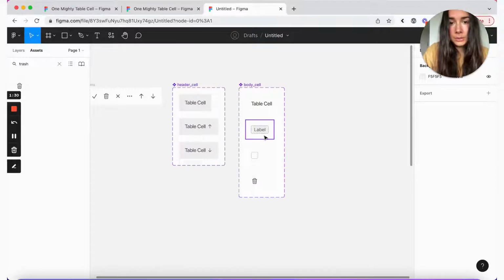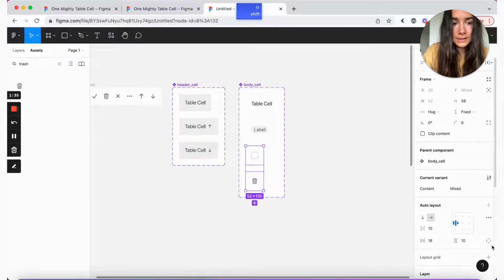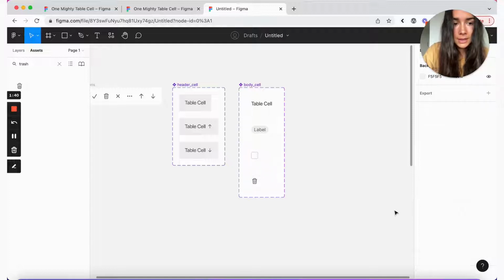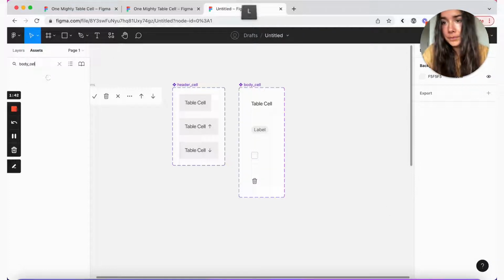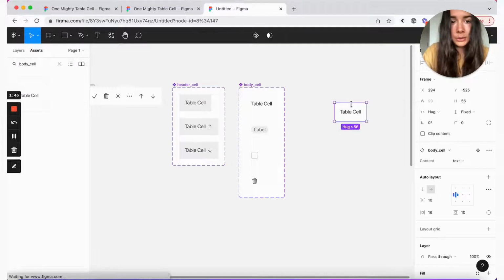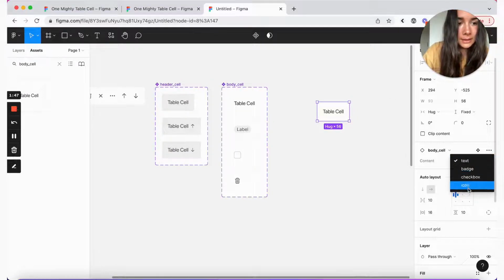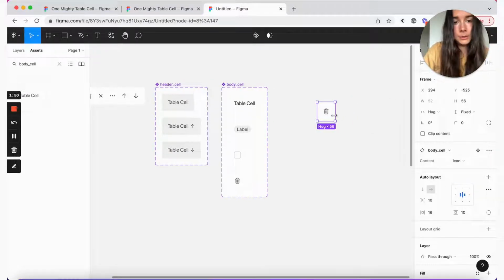So another thing that we're going to do specifically for just the checkbox and the icon is, instead of keeping them all the way over to the left, we'll center them. So when you have your table cell with an icon or checkbox, and you resize it to make it a little bit bigger, it's not going to be stuck all the way to the left, and it's going to stay in the center, which works better for icons or checkboxes most of the time.